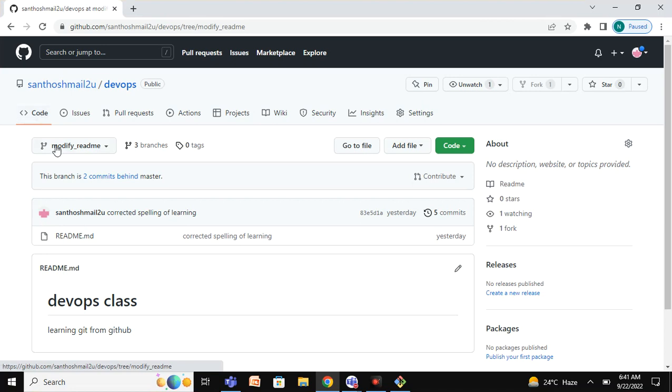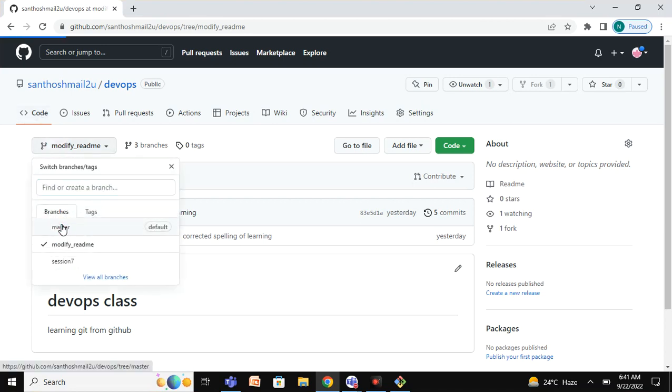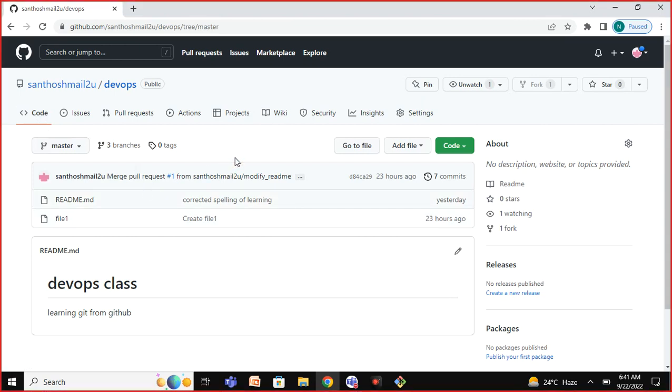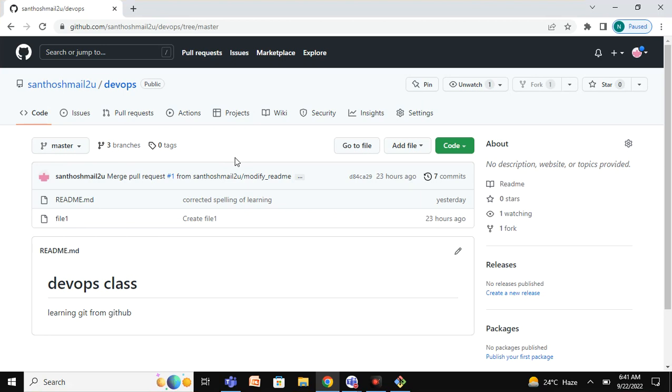So today let's see how we can do this from the command line, because unless it is a small change in a single file,